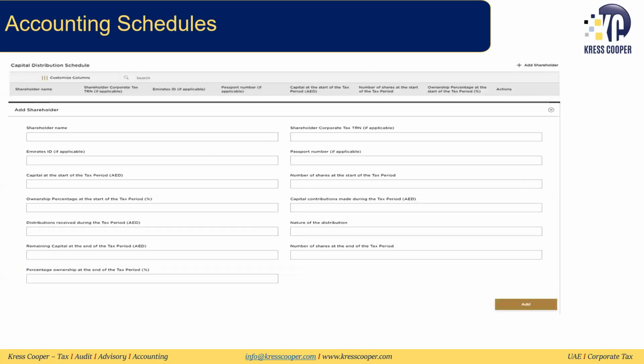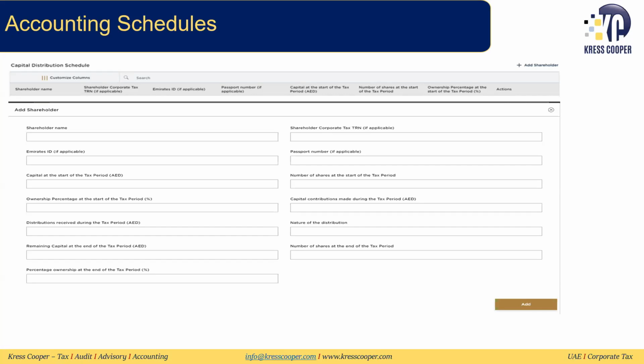Then lastly, in the accounting schedule, it is asking you for the capital distribution schedule. Here it is just taking the information about the shareholder. You have to add this information for each shareholder of the company. So if the company has 3 shareholders, you will need to add it 3 times. You have to add the shareholder's name. You have to put in their corporate tax TRN if they have been separately registered and if corporate tax is applicable for them, the Emirates ID, the passport number, the capital at the start of